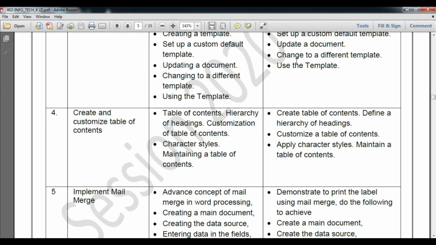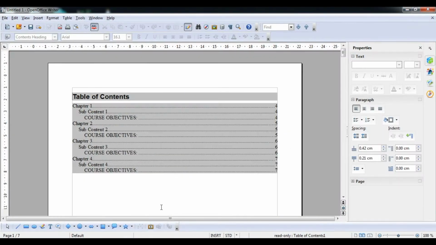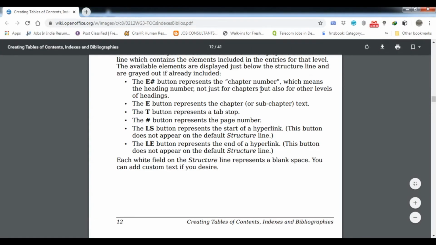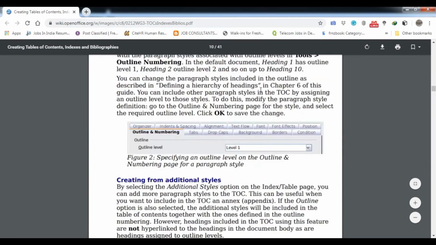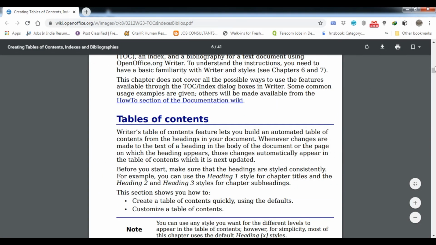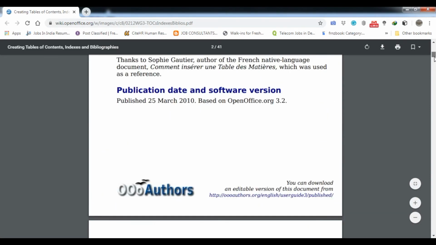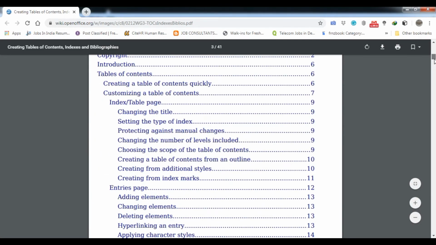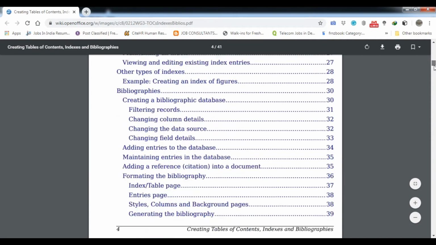So we have learned, students, how to create a table of contents and define a hierarchy of table contents. Now we will customize a table of contents, students. To do that, I have just got the link for this particular page, because CBSE has not provided a link for the 10th class 402 book. So here is a book in which we will learn how to create it, and all the content of the syllabus is covered here. So you can see that.